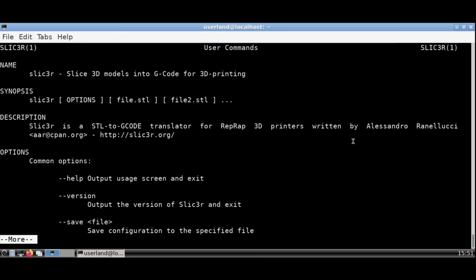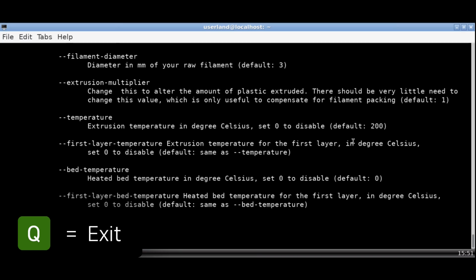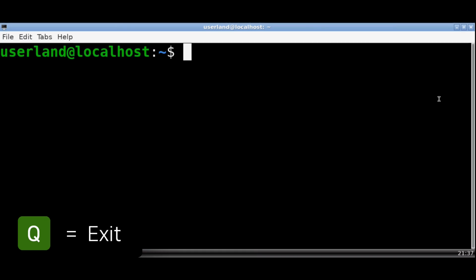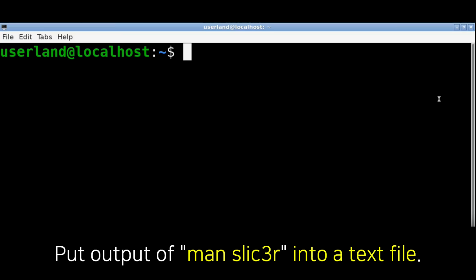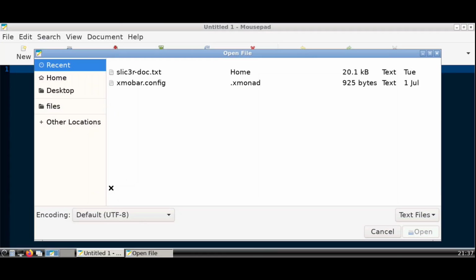If we'd like, we can take what's in the man page and put it into a text file so that we can search it. To exit out of the man page, we can press the Q key. Then to put the man page into a text file, we can execute man space slicer, spelled with a 3 instead of an E, space right angle bracket, space slicer-doc.txt. This will take the output of the man slicer command and put it into a text file called slicer-doc.txt. So now if we open a text editor such as Mousepad and then open the slicer-doc.txt file we created,